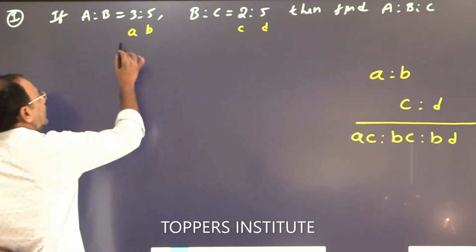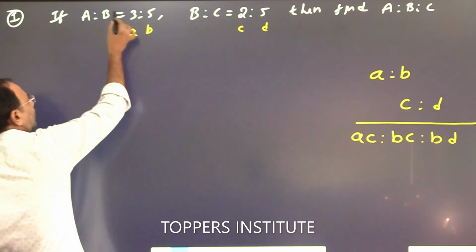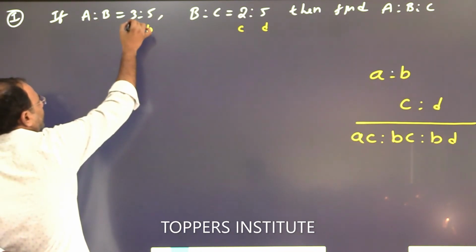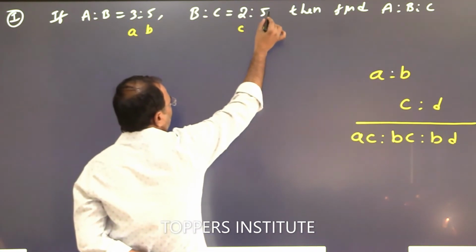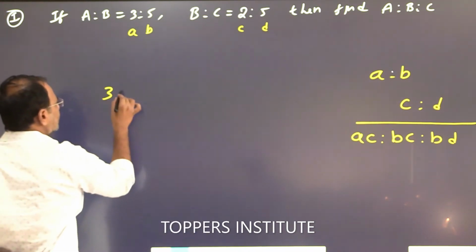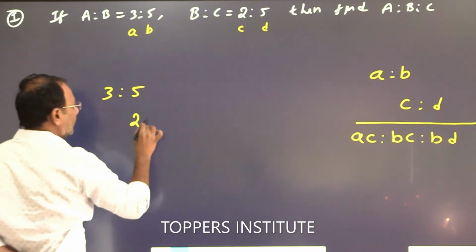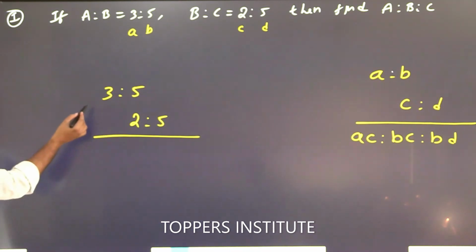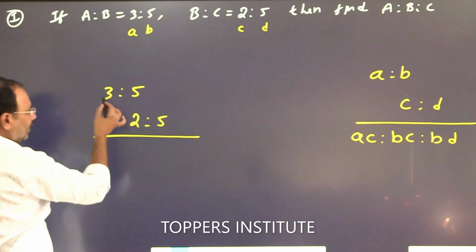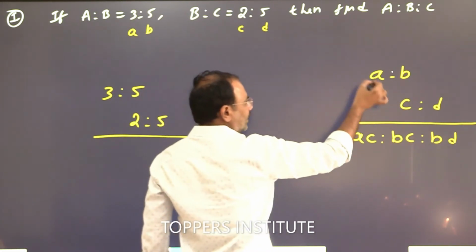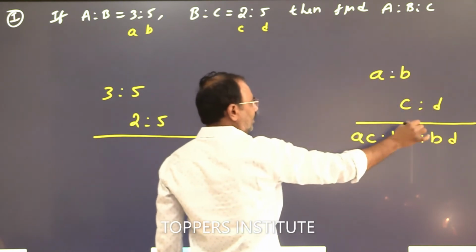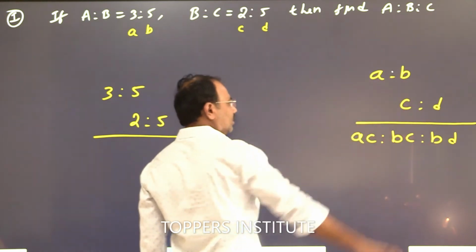Here look, AB means it is not the left side, it is the right side. It can be AB, XY or PQ. You need not think about these terms, but here the first one A, second one B, third one C, fourth one D. So the terms are 3 is to 5, the next one 2 is to 5. Leave a small gap, leave one term and write 3 is to 5 and 2 is to 5. Then once again, first term AC, second term BC, third term BD.